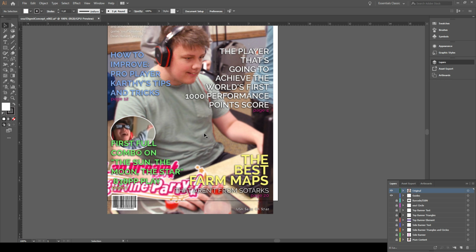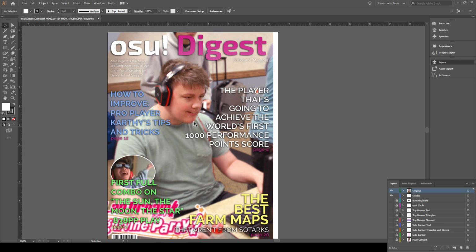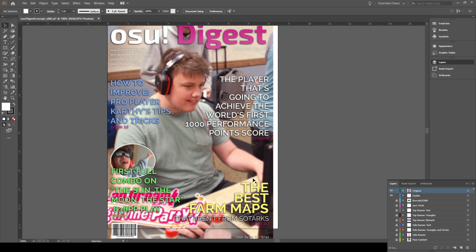I know that this is OS because it says it, but I can't tell from the colors. The picture I can reasonably assume, but if I didn't have all of these giant blocks of text, I wouldn't know that that's an OSU player. Those aren't critiques that need to change, though, because you aren't always going to tell what something is unless you're super deep in the community. That's kind of what these are there for. You know, the picture augments this.